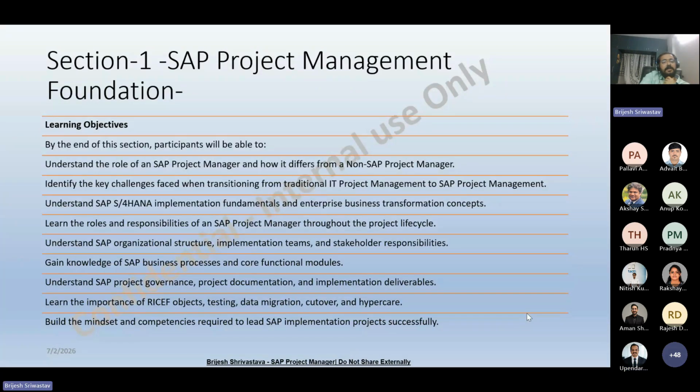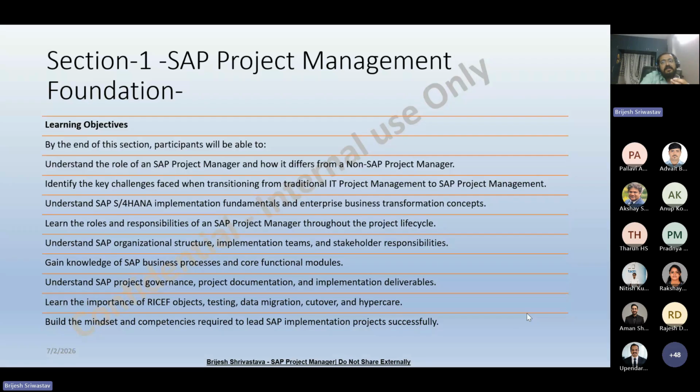Okay, so here you can see the learning objectives. Before we jump into SAP Activate methodology, I believe it's very important that everyone has a strong understanding of SAP Project Management fundamentals. Many people directly start learning SAP Activate, but if your foundation is not strong, understanding the later phases becomes much more difficult.